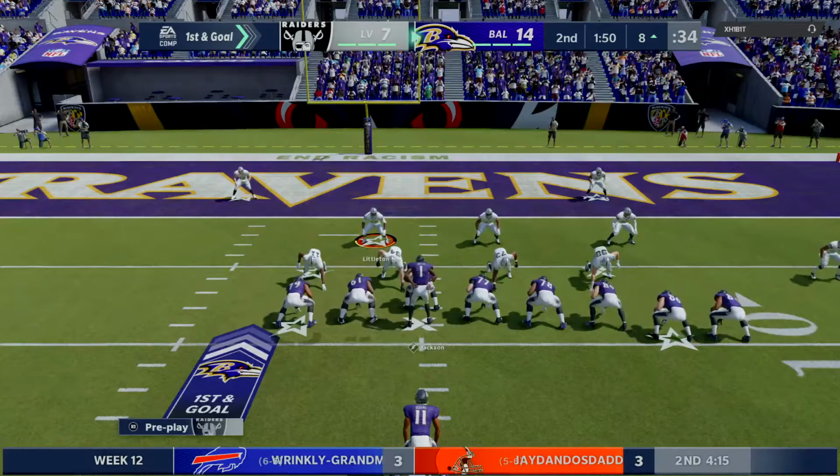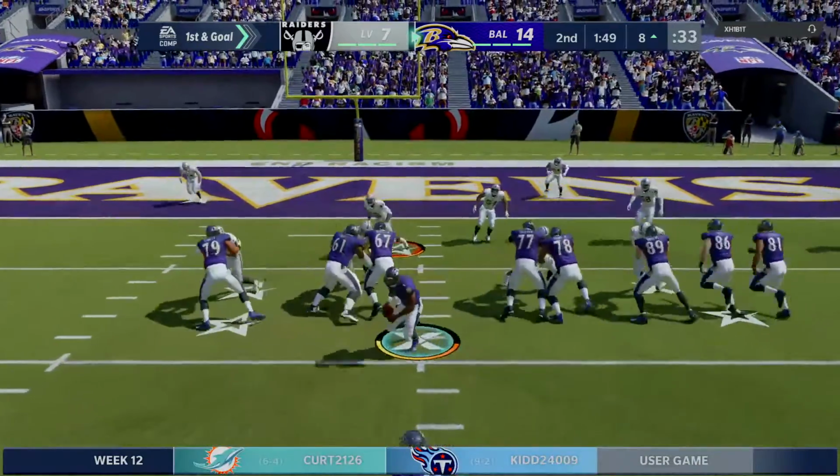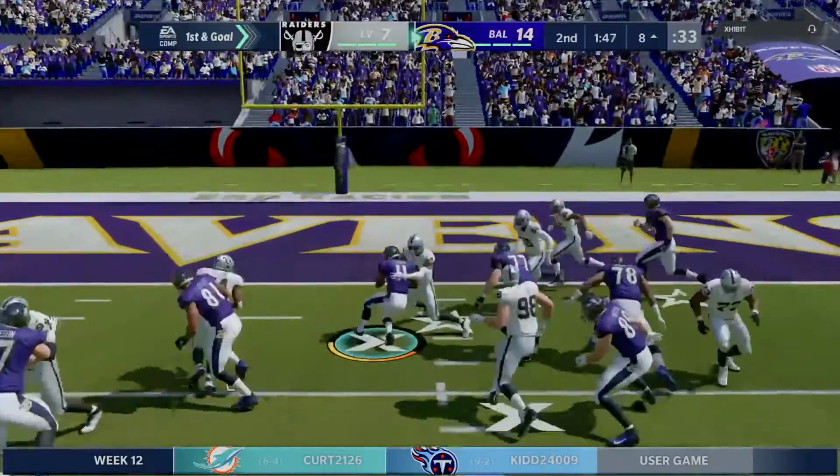And you got to think he's a rookie, Charles. How much does confidence start to become a factor? I think that's a great question because...